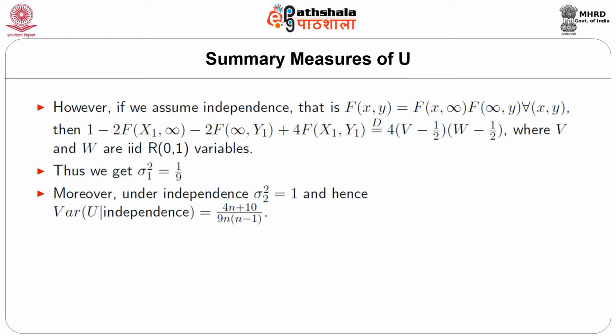rectangular (0, 1) variables. Thus, after a little simplification, we find that sigma 1 square is nothing but 1 by 9. Moreover, under independence, tau equals 0 and we get sigma 2 square as 1, and hence a little algebra gives the variance of U under independence as (4n plus 10) divided by 9n multiplied by (n minus 1). So, next we come to an interesting application of Kendall's tau, which is known as the test of